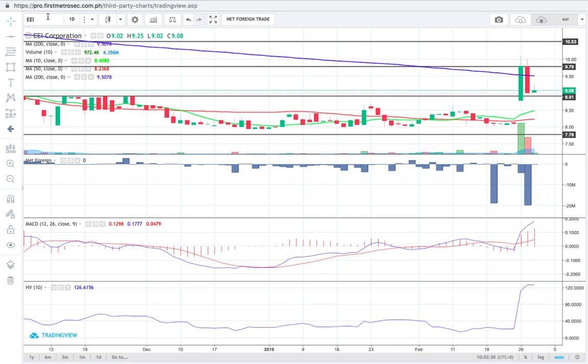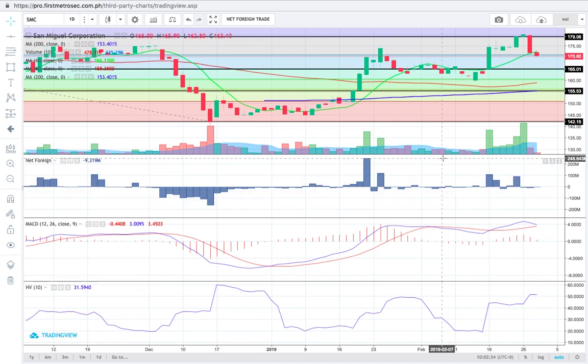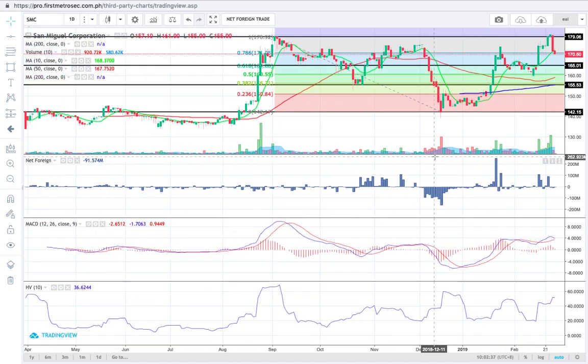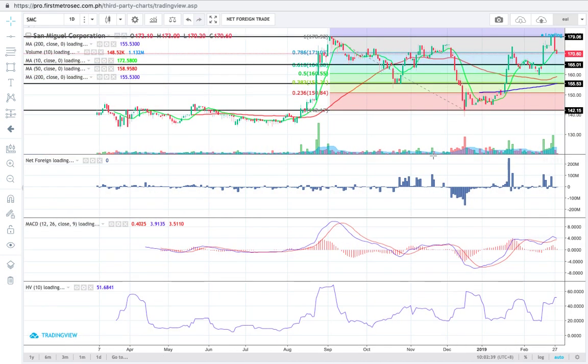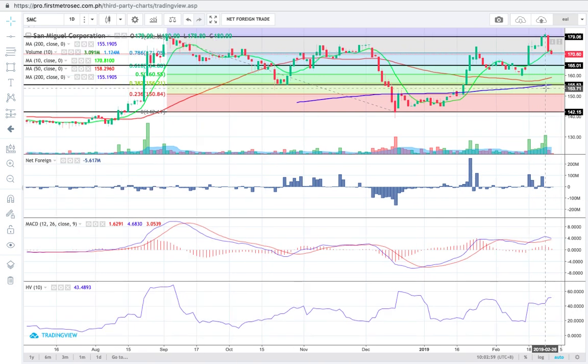Let's move on to the third top loser as of February 27. So we now have SMC. For SMC, the price retreated. It did not succeed in registering a price above 179 or 180. Okay, 179. So it was a failed attempt to soar above the resistance at 1.80. Okay. And the price is now